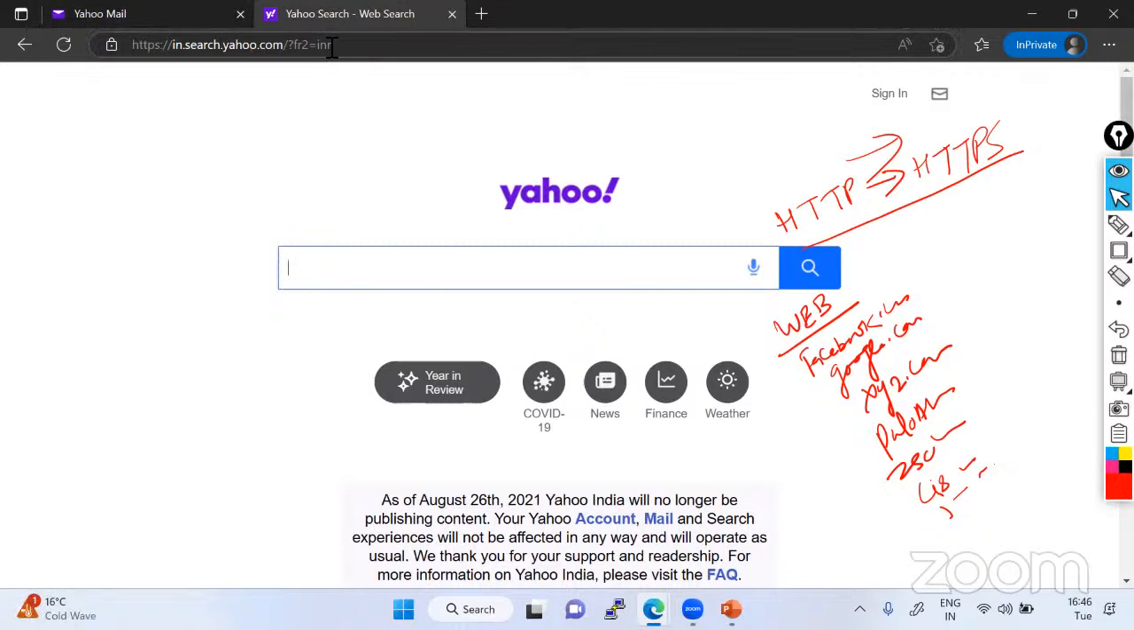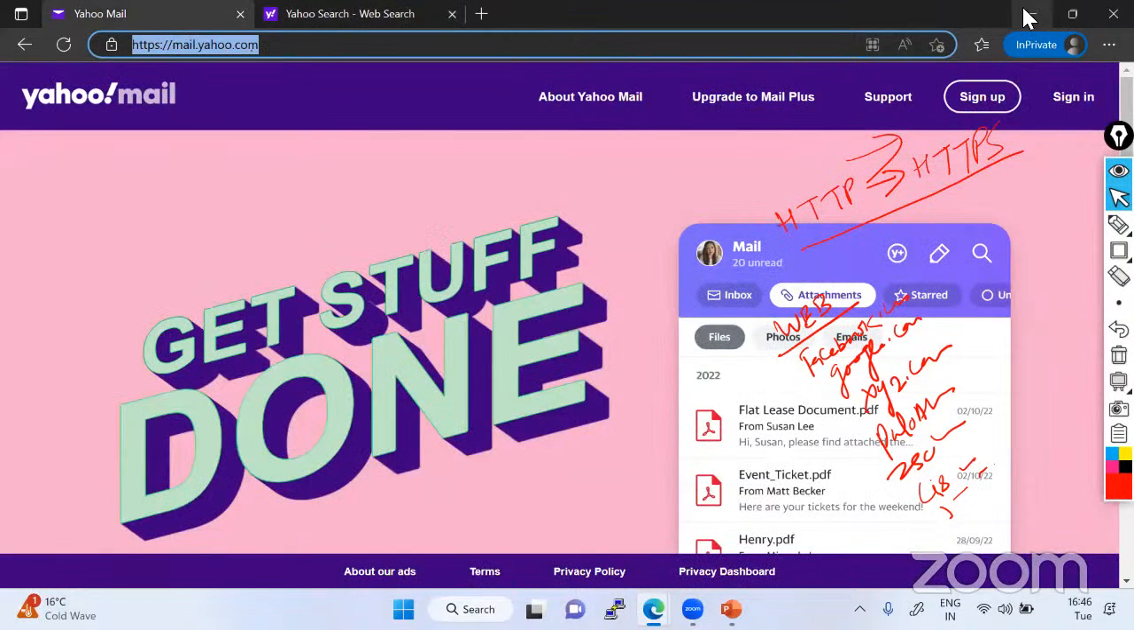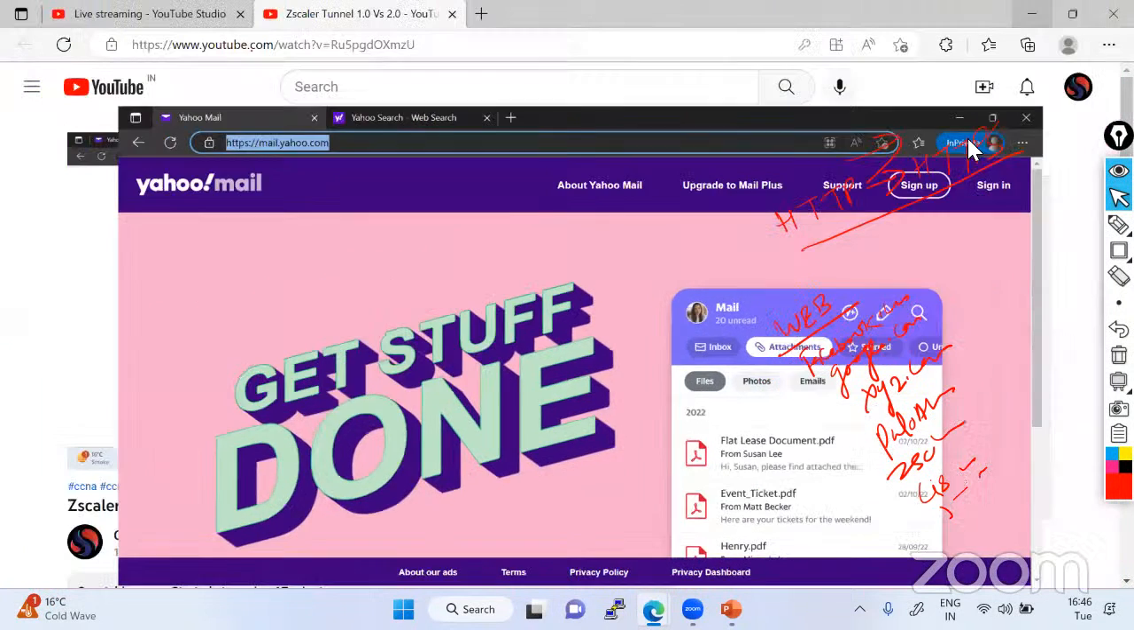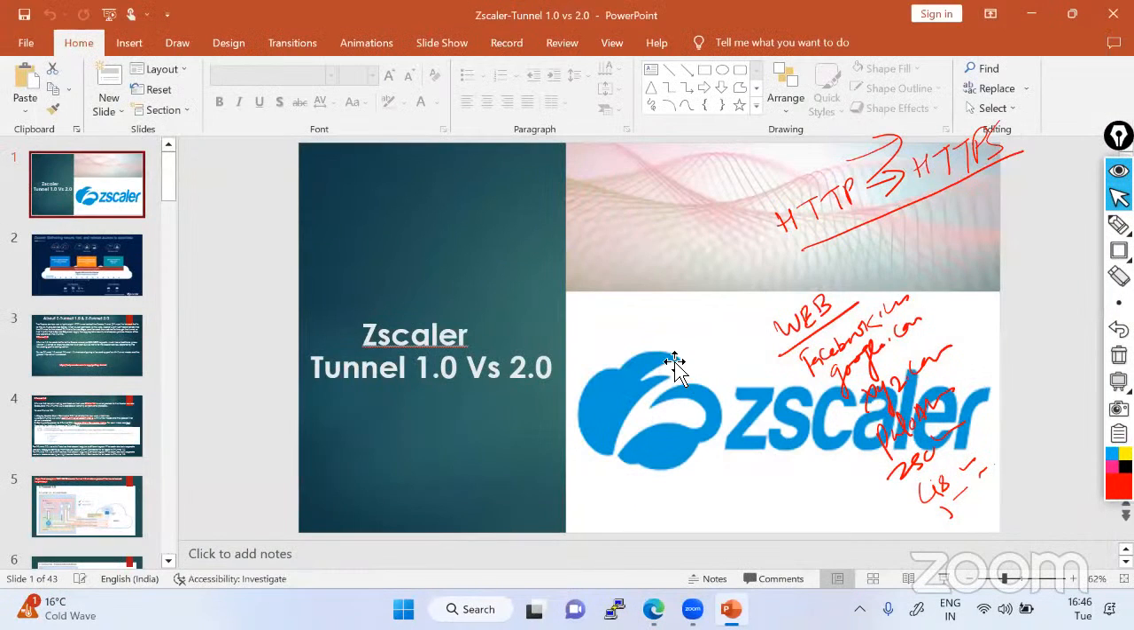So all these browser-based things, whatever you are doing, are known as HTTP or HTTPS-based traffic, web traffic, because you are reaching any web website, any URL, whatever the website, you can just think of XYZ, Facebook and all, right? So they are all reaching there. Okay. So the tunnel